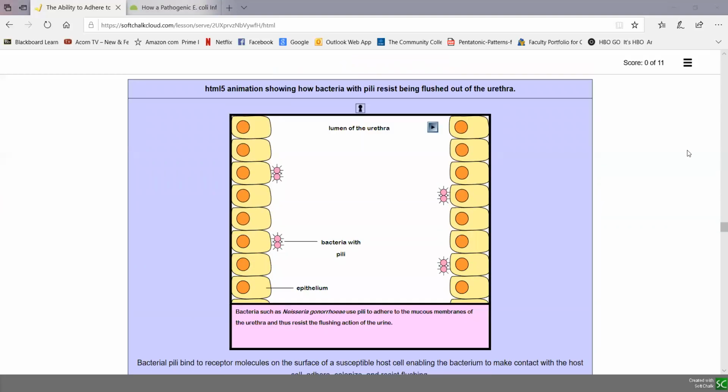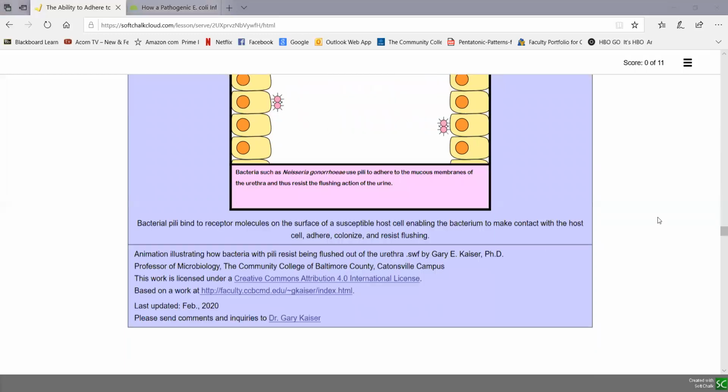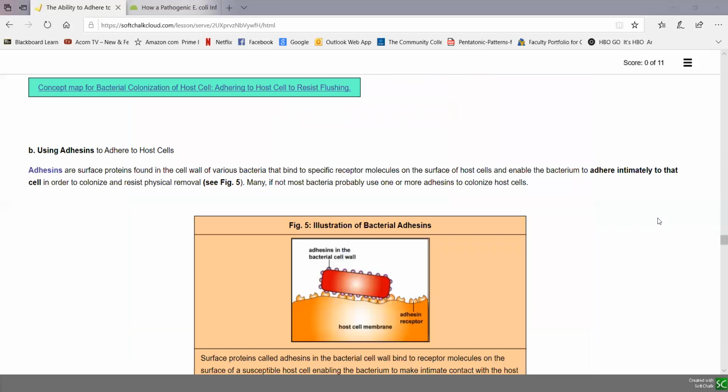But if the bacteria is able to adhere by pili and then eventually cell wall adhesins, that allows it to bind tightly to the cells and resist the flushing actions of the urine, causing inflammation of the urethra, or urethritis. Now, the second factor that bacteria use to adhere that we mentioned in Unit 1 are cell